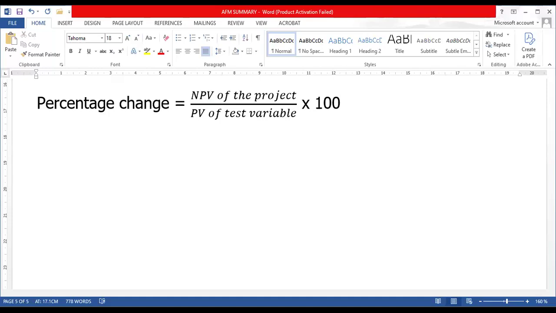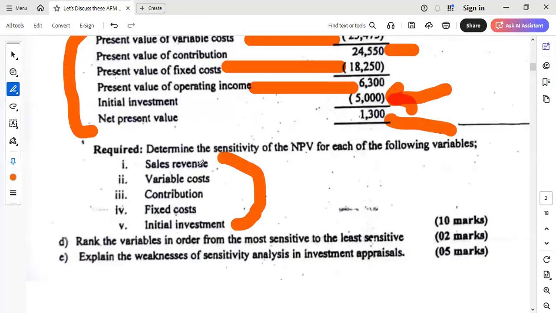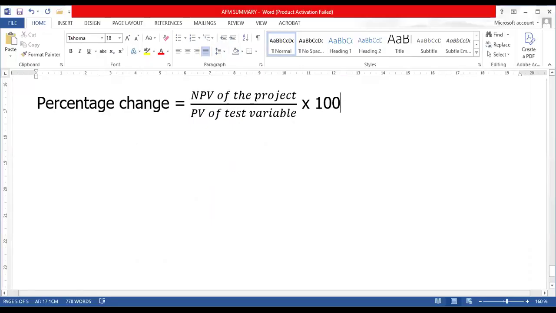Now, if I'm looking at a variable like this, my variable is sales revenue. So what am I going to do? If I'm looking at a variable like sales revenue, when I'm getting the percentage,